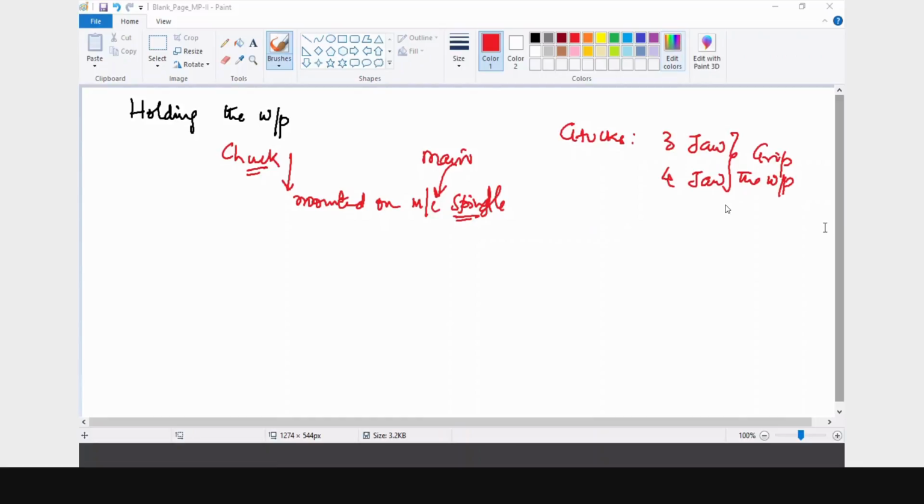You see, tools are different. For a single point cutting tool, I told you the threading is an operation which you are going to do. So single point cutting tool is different and threading tool is different. Okay, so the question you are asking is whether the same single point cutting tool will be used for threading or not. That's what you are asking, no?